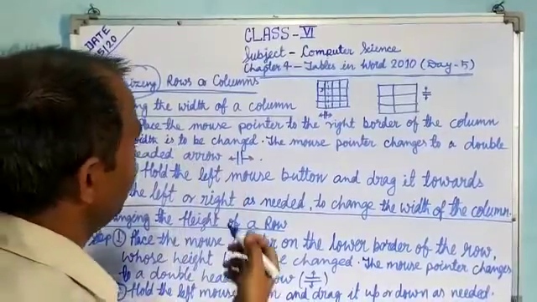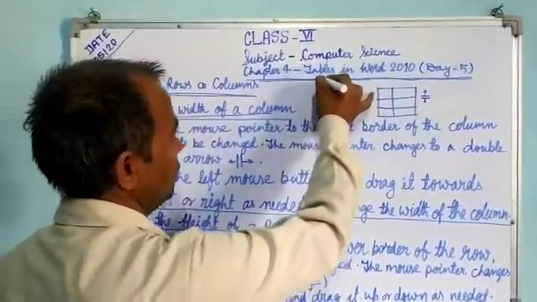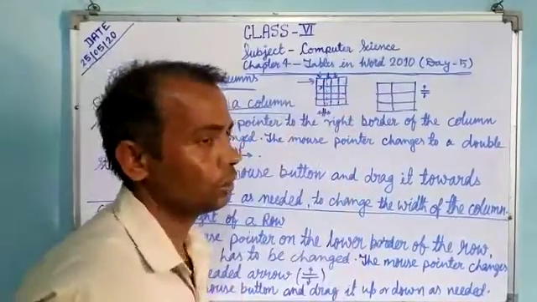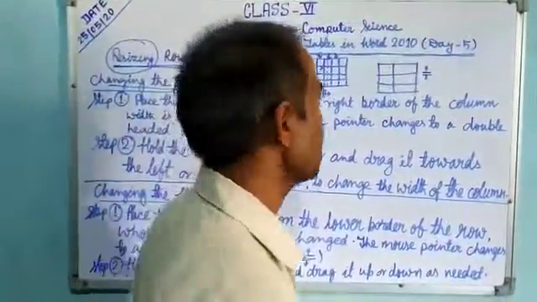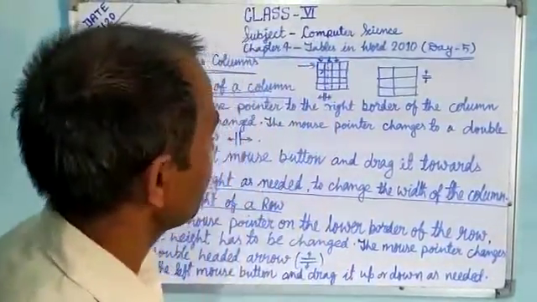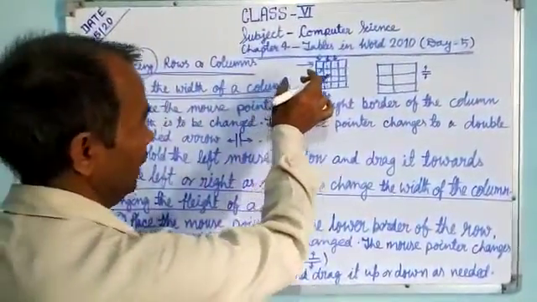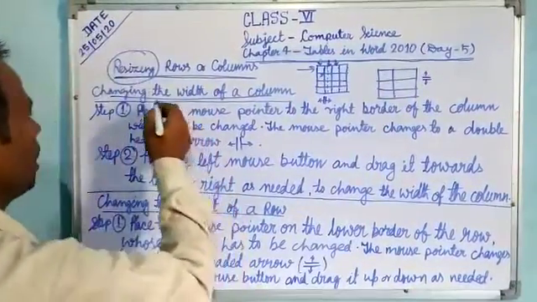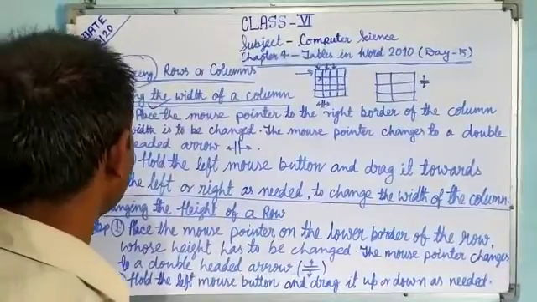Whenever we need to change the width of columns, this is the vertical. Vertical is the columns, and horizontal is the rows. So in columns, whenever we are writing any text, suppose we are writing science, then it is well and good. But whenever we are writing social science, then we need more space there. So we need to increase the width of the column. How actually do we increase the width of the columns? We have to follow two simple steps.